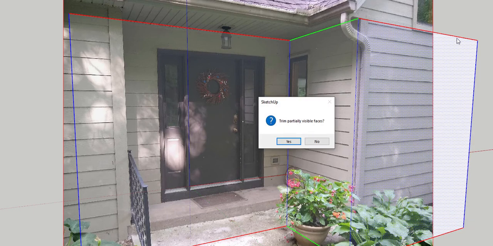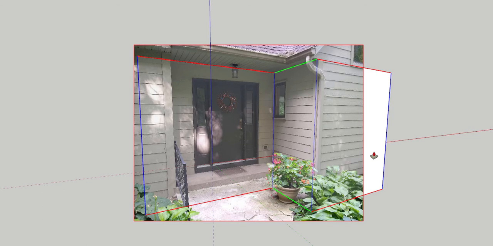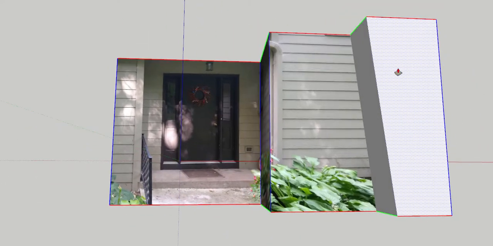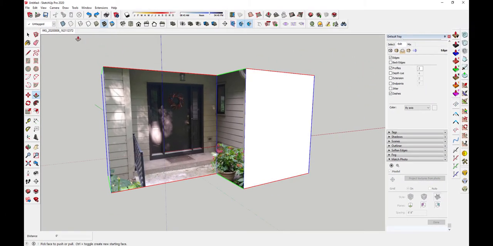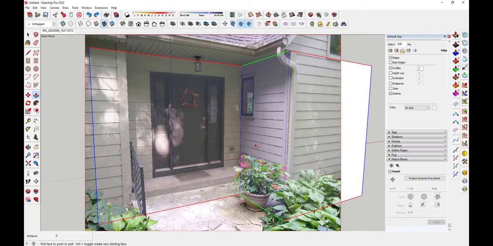If I do trim partial visible faces, this part of the photo is not there, so they'll trim it off. You'll see what I mean here. I'll say yes. Now look what happens then. If I pull this out, it's got that funky thing going on, and now I'll have to erase that line or something. In other words, that surface is supposed to be continuous, and it isn't. So I typically don't do the trim partial faces. I'm sure there might be a time when I would use it, but right now,